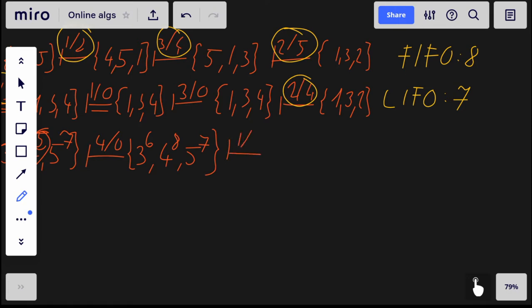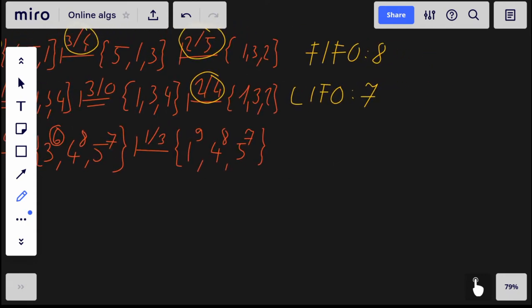A request comes to 1, and then we have to discard the 3 because that's the oldest, the least recently used one. So in the 9th timestamp we'll have several guys, for example 1, 4 and 5 in the cache. And then a request comes to 3, and I will just discard the 5 because that guy has the oldest timestamp,